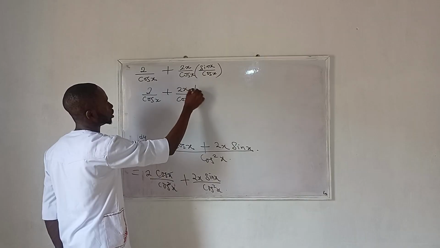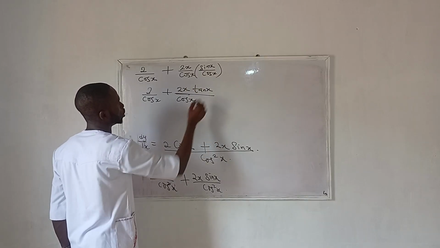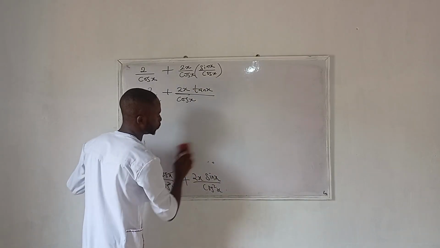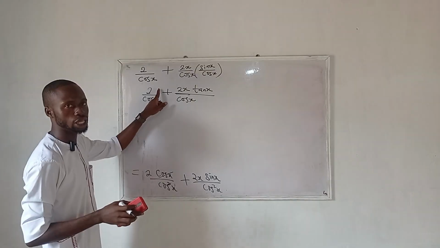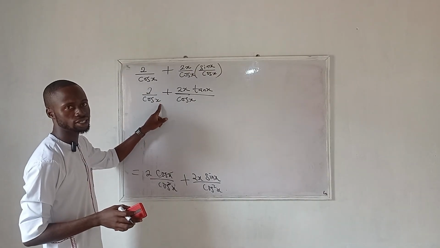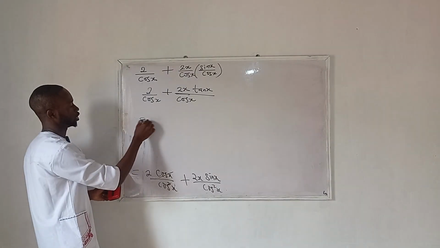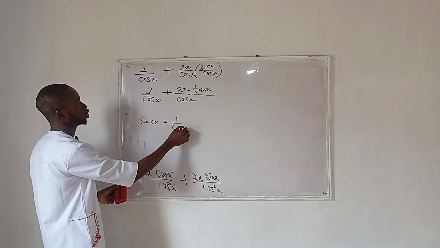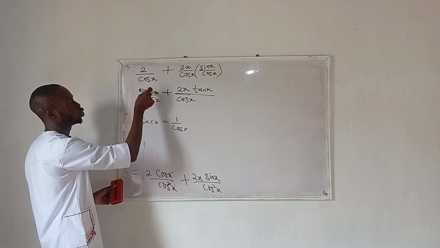Then sine over cos is tan. Then I'll have tan x up here. So we are getting to the final destination. So I also know that 1 over cos x is sec x. Sec x is 1 over cos x. So these two that I have, 2 over cos x,